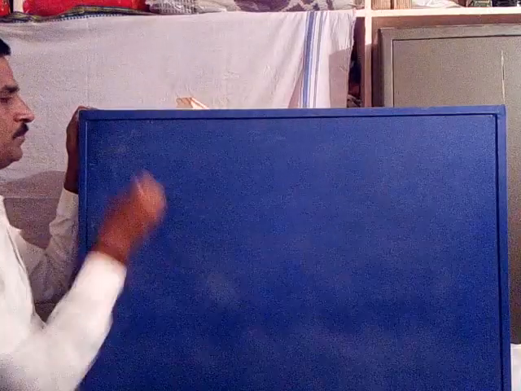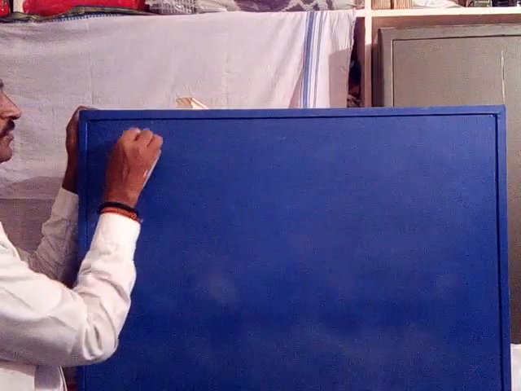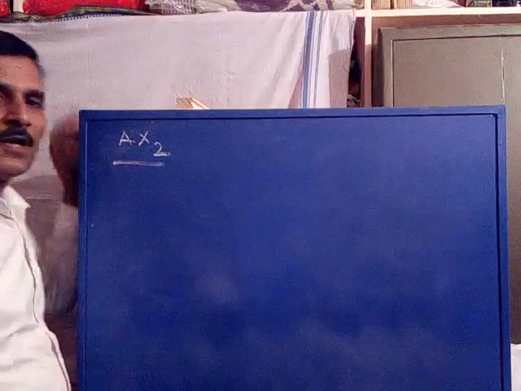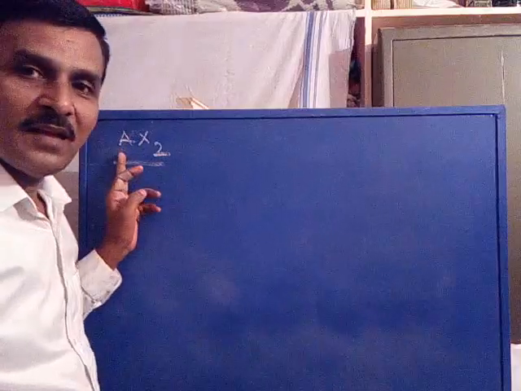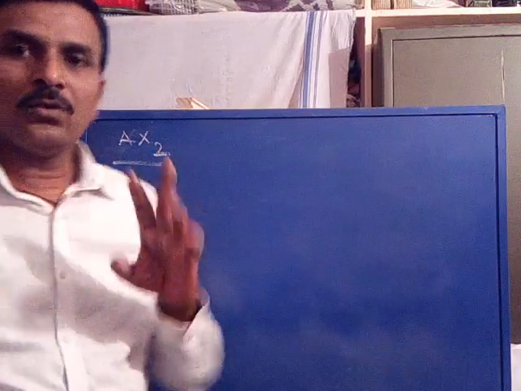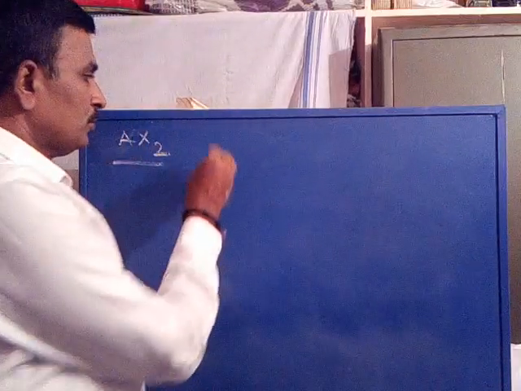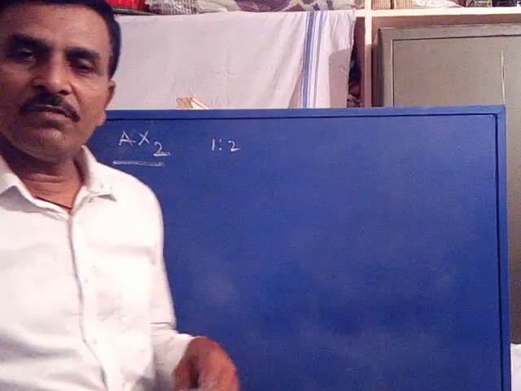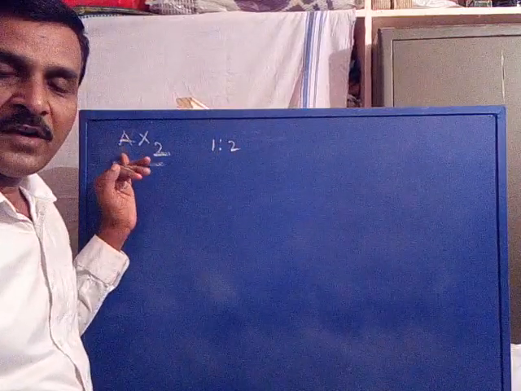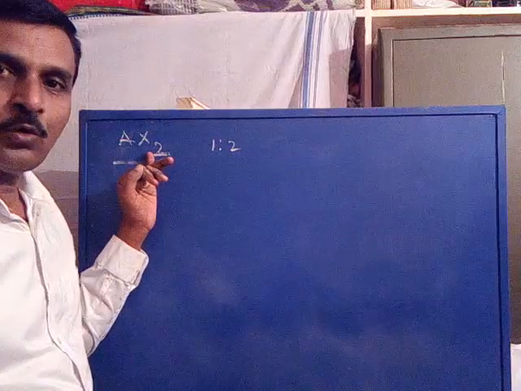Now coming to AX2 system. The designation itself indicates there are two sets of non-equivalent protons. One is the A set, the other one is the X set. So a molecule consisting of two sets of non-equivalent protons in the ratio of 1:2, because the A group consists of one proton, and X consists of two protons.